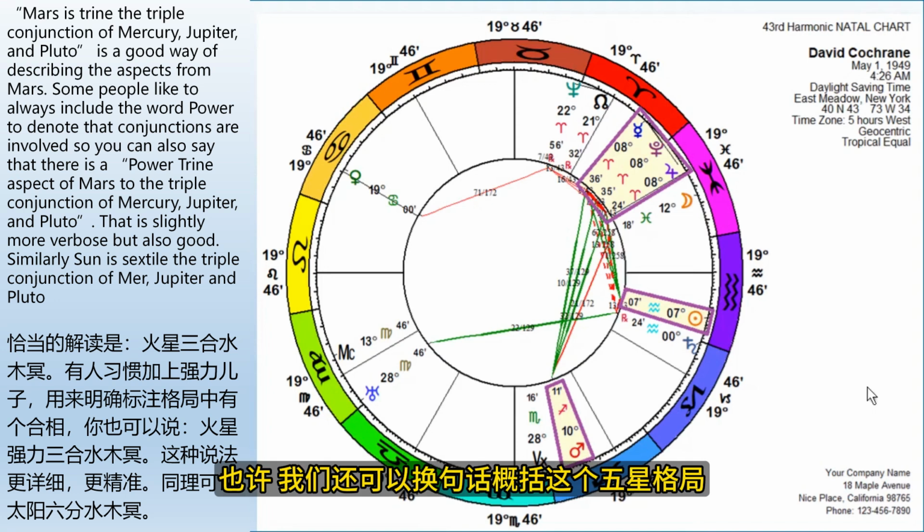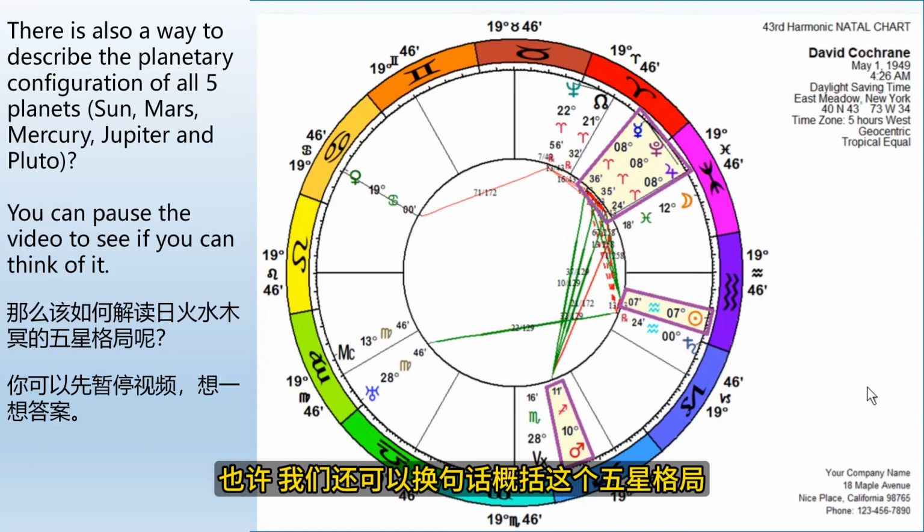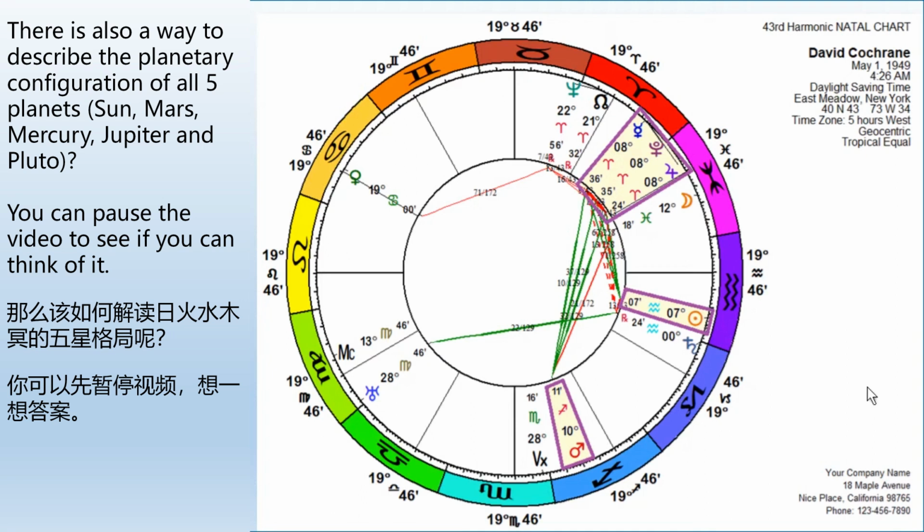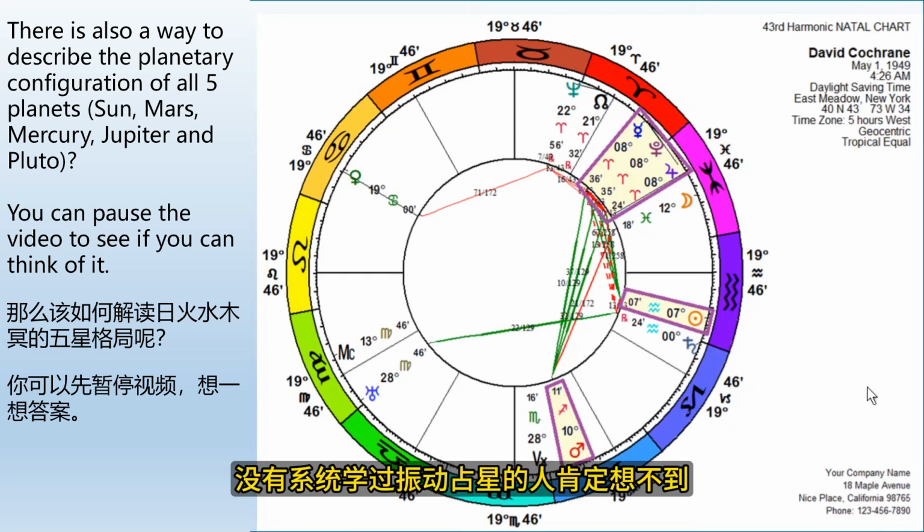Helps. Now, there's also a way to describe the 5-planet configuration. There's a way to describe the Sun, Mars, Mercury, and Jupiter, and Pluto, the 5 planets. I'll count to 5, let you think about it. What is it? Well, you wouldn't know if you haven't studied this yet, but if you've been